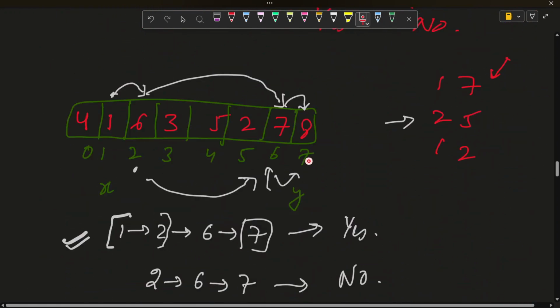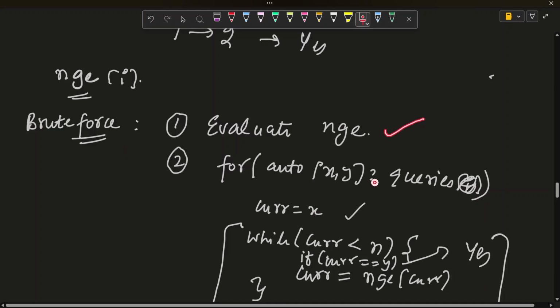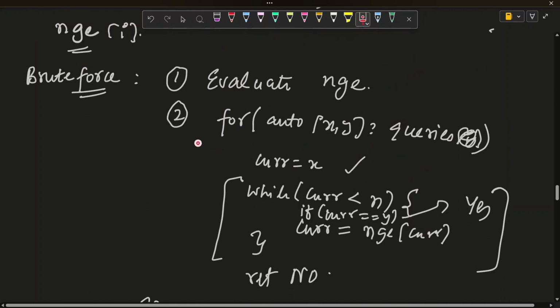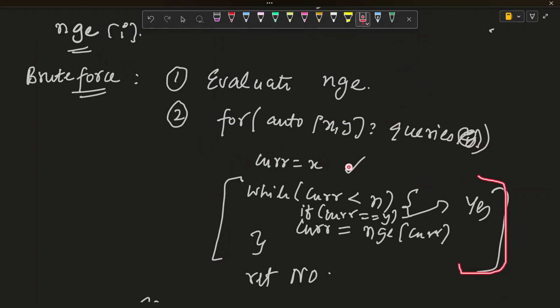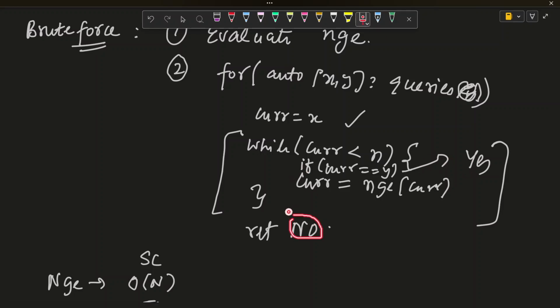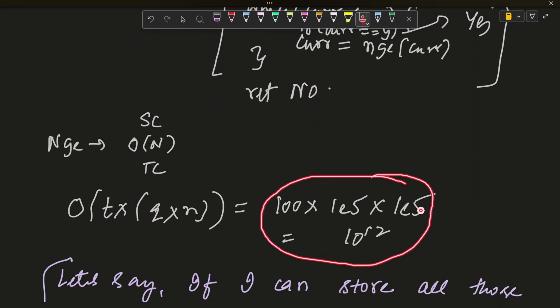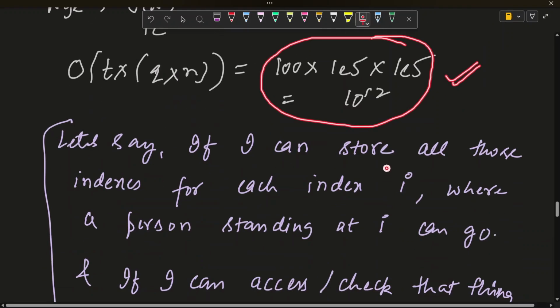So as we have discussed, in the brute force solution, we evaluated the next greater element, and then I processed all the queries by simply iterating all the paths from x, and I checked if y is there in the path, then I returned yes, otherwise no. But this solution had a time complexity of t cross n cross q, which was up to 10 to the power 12. So to avoid TLE, I have